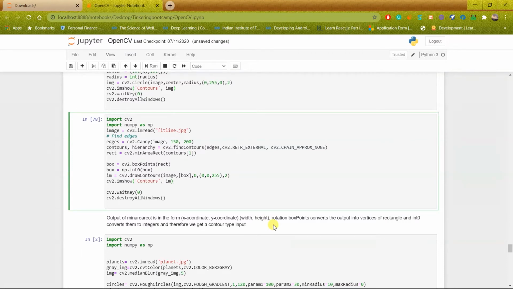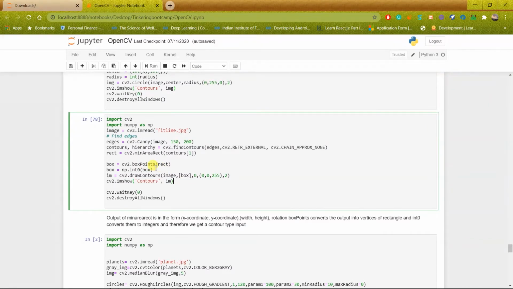Okay, so the box points function which I have used here converts the output into the vertices of the rectangle, and np dot int 0 which I have used here converts them to integers. Okay, so instead of np dot int 0, you can also perform int function on each of the items of the list which is given as the output of the box points function.